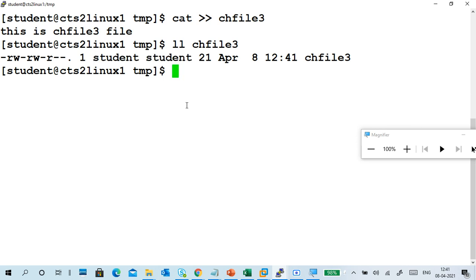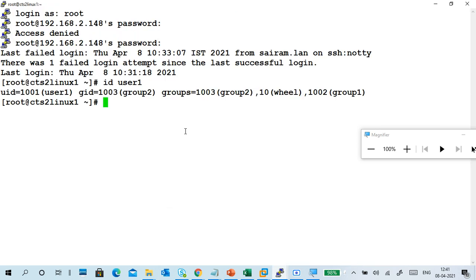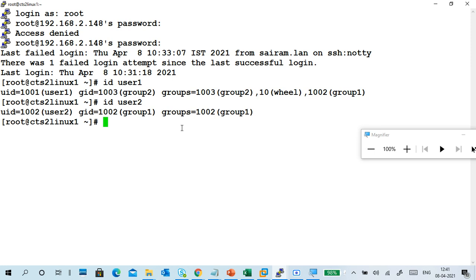Now I will ask a question: how many users do I have? id user2: user1 is there, user2 is there, user3 is not there. And I have groups like group1, group2, student is another group.